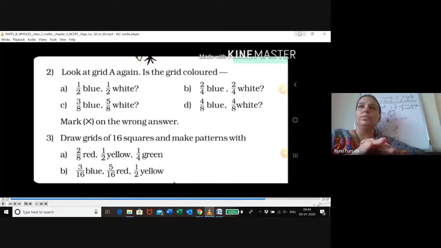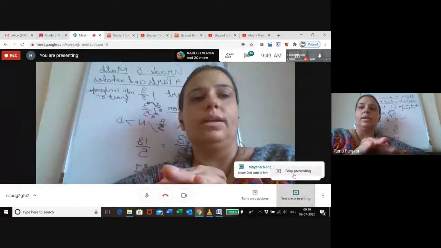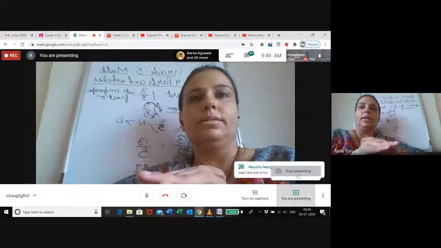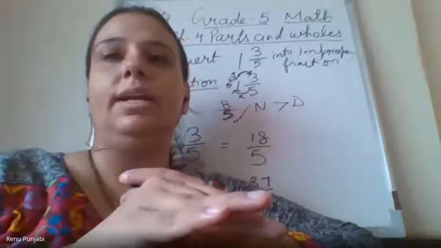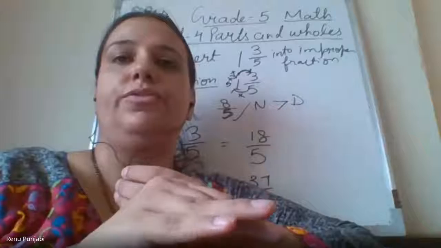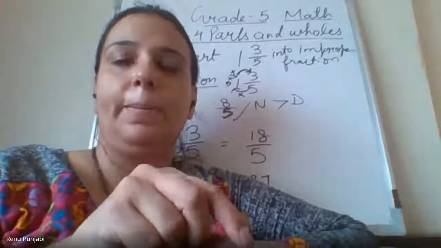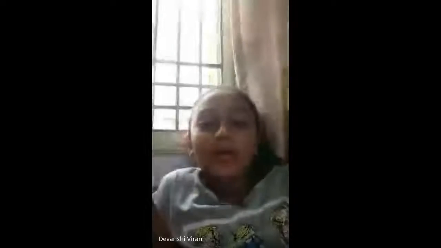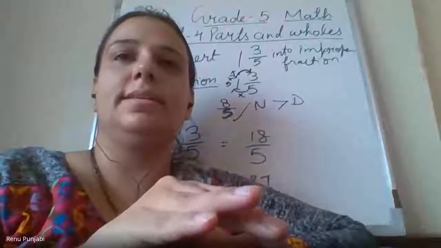In case you face any difficulty, ask me in tomorrow's class. We will discuss it again. We will make it in the class also if you face any difficulty. So our session ends here today. Ma'am, okay, I got it. We have to color 4 red and 8 yellow and remaining parts green. Yes. This way you have to calculate.